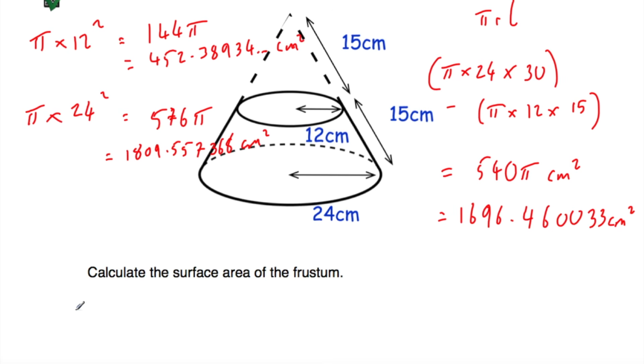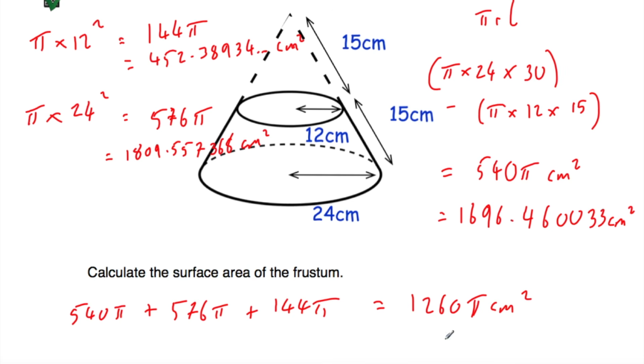So I'm going to do 540 pi plus 576 pi plus 144 pi. I could type them all in if I wanted to, but that's just a little bit quicker. So if I do 540 pi plus 576 pi plus 144 pi, that's equal to 1,260 pi centimeters squared. So that's the total surface area in terms of pi, and as a decimal number,